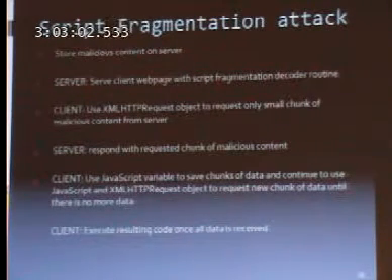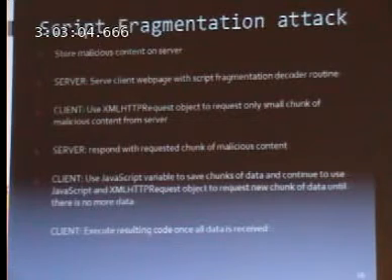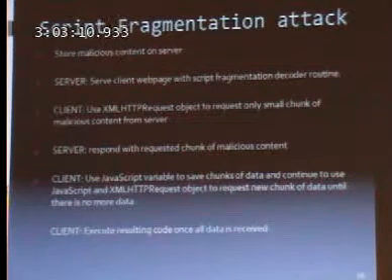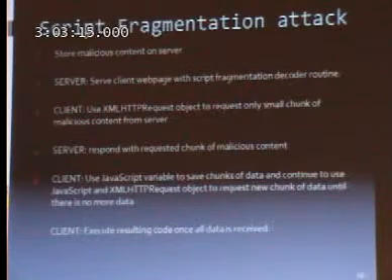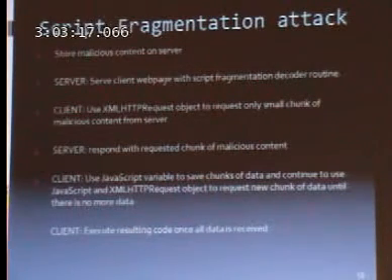The server is going to have a web page. That web page is only going to have a decoder routine in there. So when I'm a user and I go visit a web page, there's basically going to be an algorithm that comes down, and that decoder is going to be use of that XML HTTP request. Once it comes down to the client,